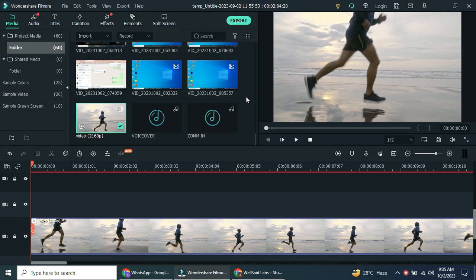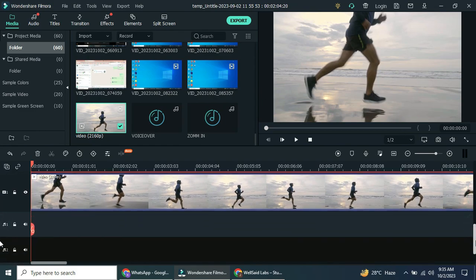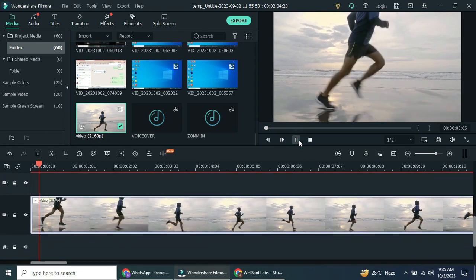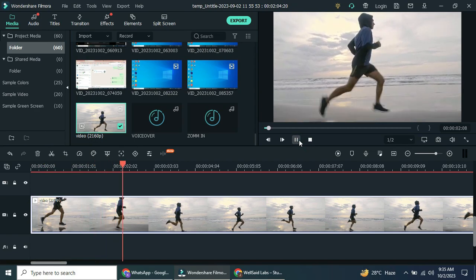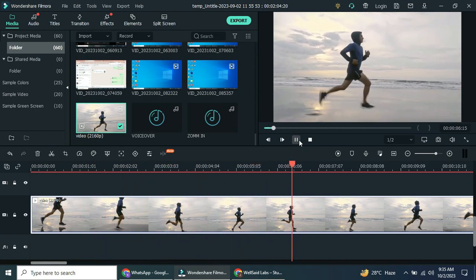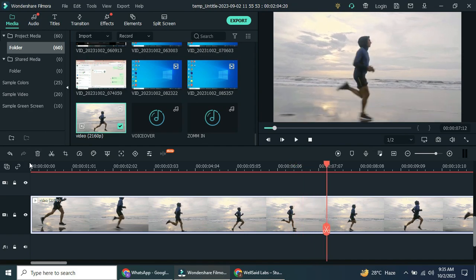Step 3. Reverse video. Now, let's take this clip and drop it onto our timeline. We can adjust the timeline to make the clip fit perfectly. Let's play it to see what we have right now. But as you can see, the runner is still moving forward. To make this runner move backward,